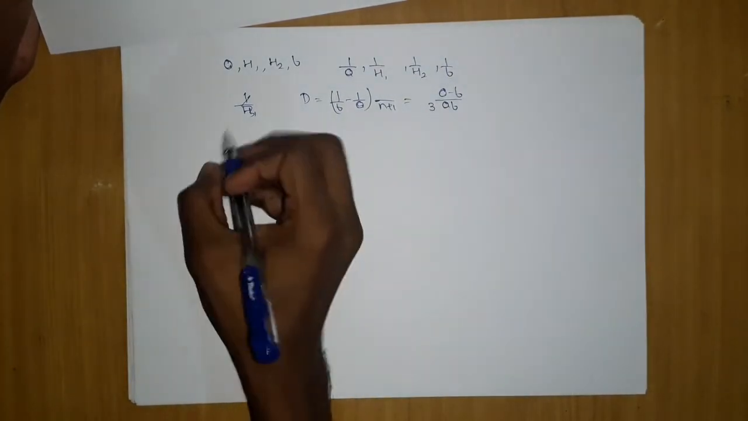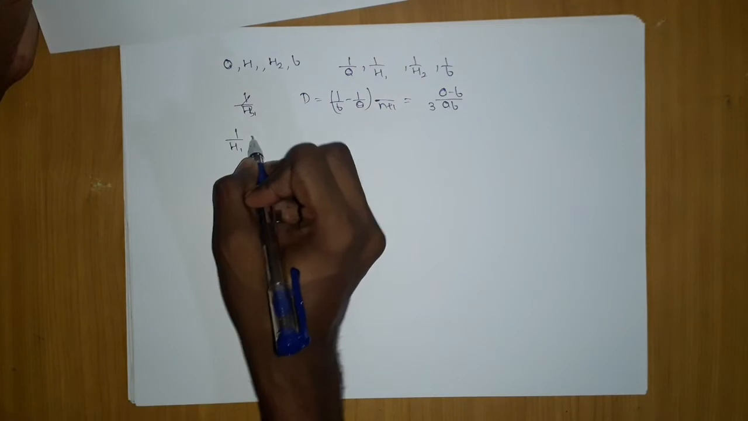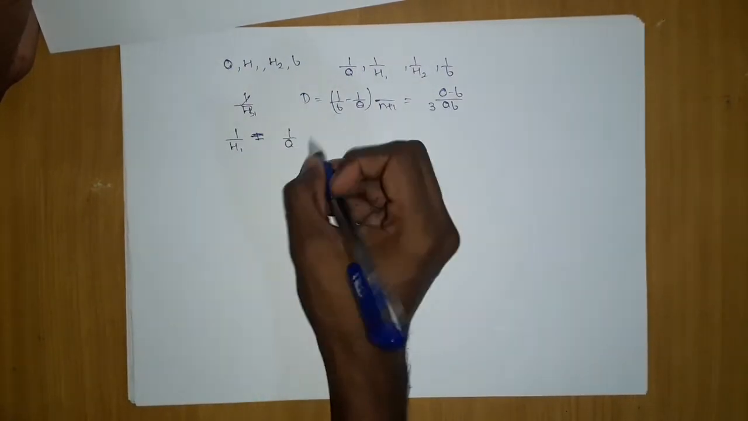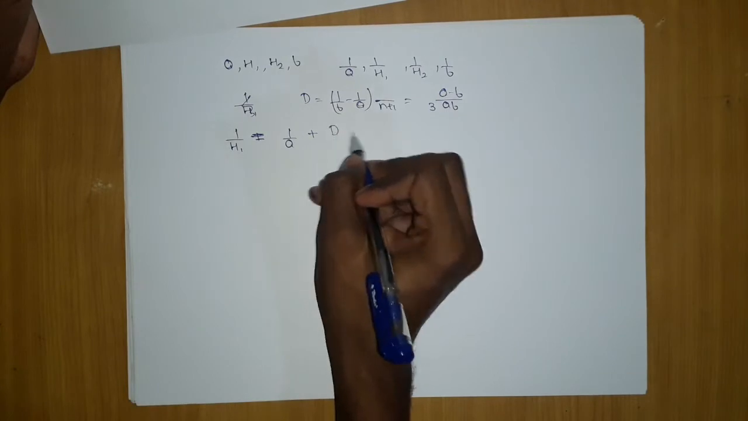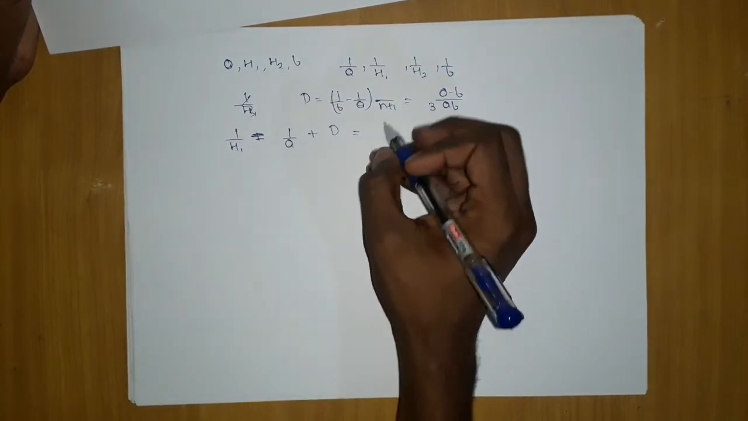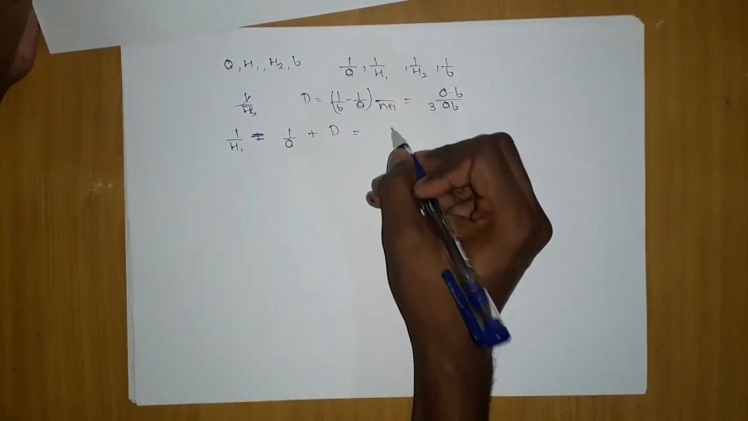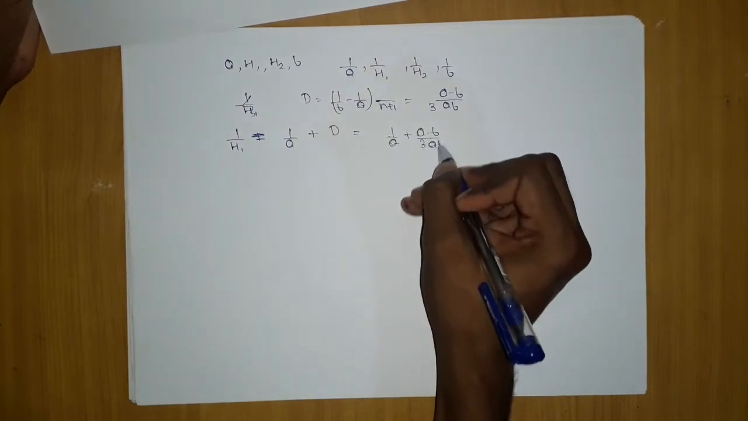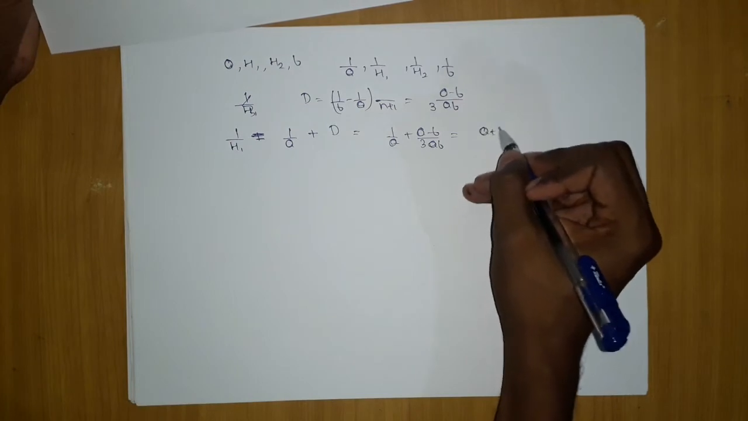Okay, so I got my d. So can I get 1 upon h1? It will be 1 upon h1. Okay, 1 upon a is equals to 1 upon a plus, don't write it 1 upon d, it will be d only. Okay, many children make this mistake. Which will give me 1 upon a plus a minus b upon 3ab, giving me finally a plus 2b